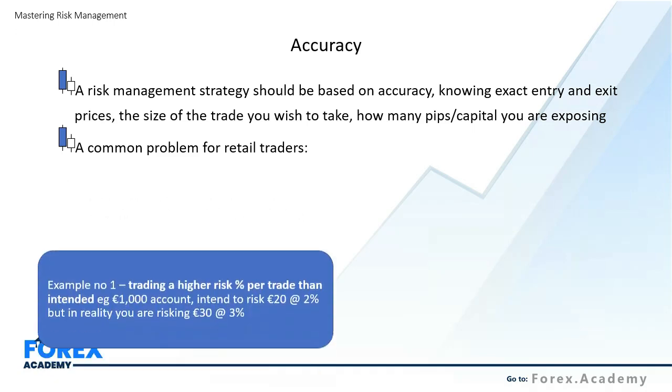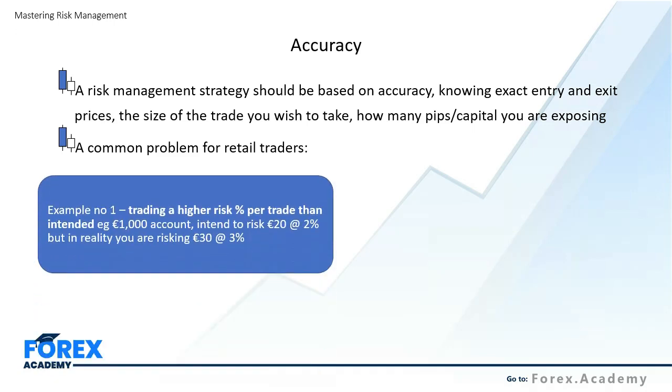Now, a common problem for retail traders, there's a couple of them, and to give you a practical example, trading a higher risk percentage per trade than intended is an issue that a certain cohort of traders will experience because they decide to ignore the principles of accuracy. So, for example, they happen to be trading a 1,000 euro account in this example. They intended to risk just 20 euro, 2% of their capital, but in reality, and they'll realize this when